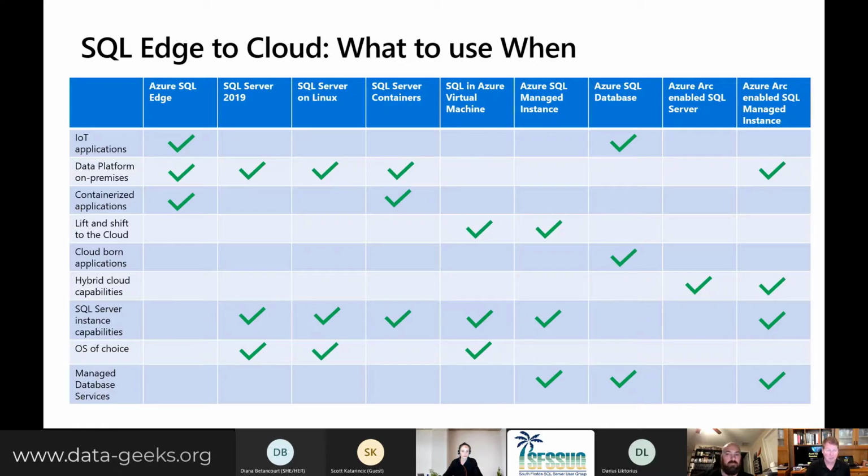I'm working with my team right now to go through, do I have all the right options? If you go look at this on the deck and you have feedback for me, you have my email address, I would love to be able to tackle that. But you can see the intention here is you have so many choices to run SQL, edge to cloud. When would I pick one versus the other? Going to the talk, you can get a feel for that, but it's kind of nice to see it in